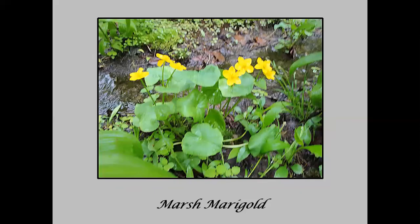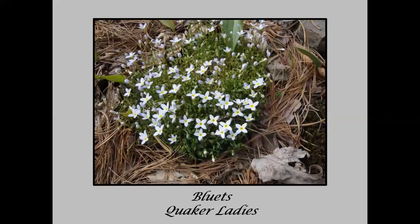And here's our marsh marigold. Now, you know, they really shouldn't be in this program because they need sunshine. So we're not even going to talk about them. We're running late on time. We're going to skip on to one of my favorites,